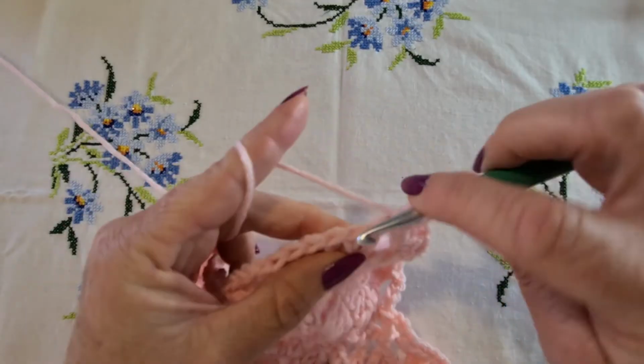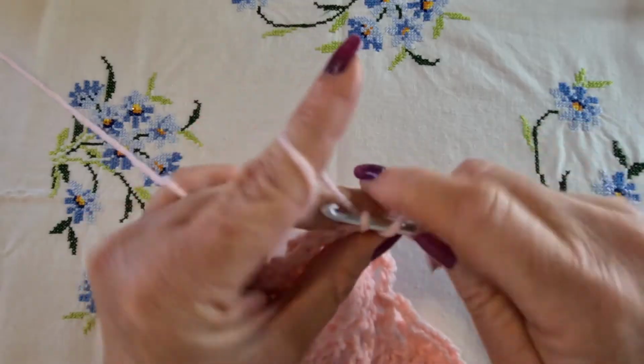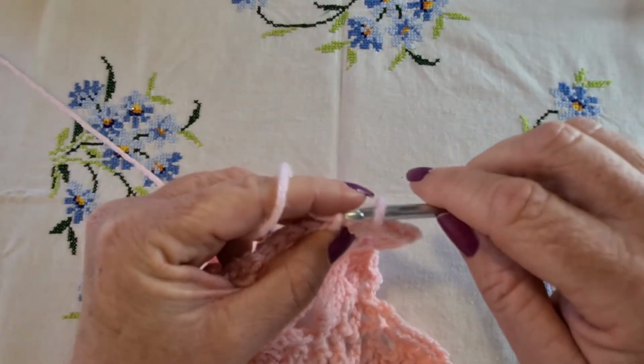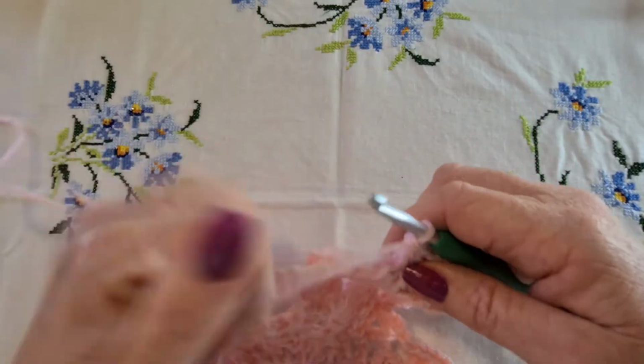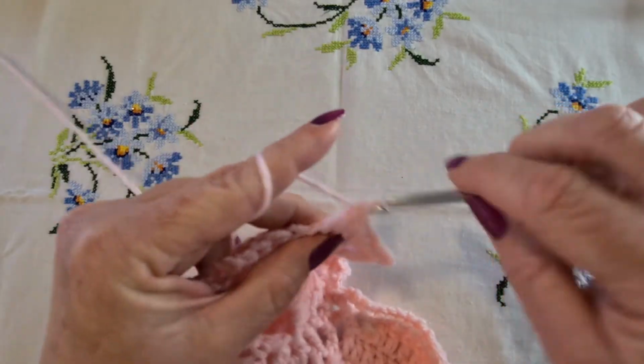So we're crocheting into the next, double crocheting really into the next 6 stitches, losing loops, and we're starting again. Oh dear. Anyway,